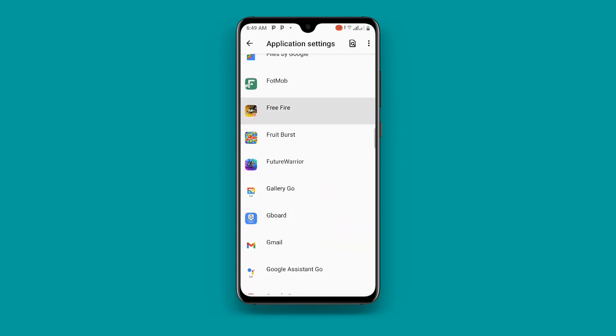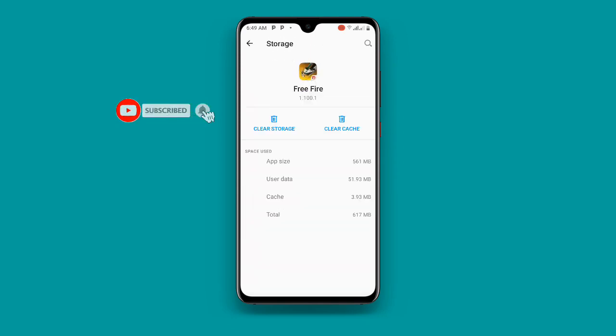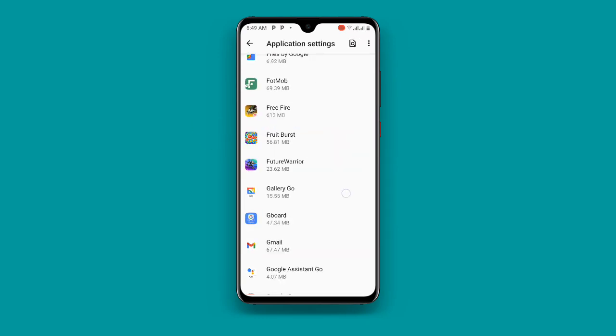So you can see Free Fire. Just click on Free Fire, and once you click on Free Fire, you can see storage and cache. Just click on storage and cache, and then clear cache and storage of your Free Fire. Now go back and then